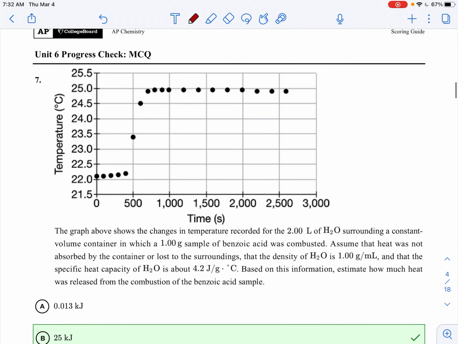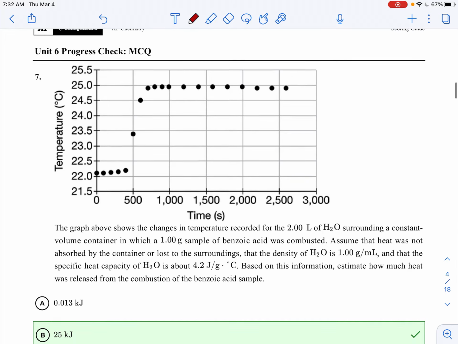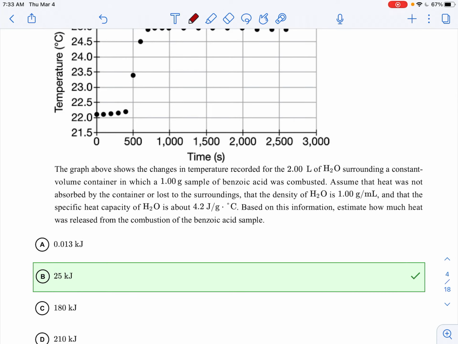All right, number 7 says the graph above shows the changes in temperature recorded for 2 liters of water surrounding a constant volume container, in which a 1 gram sample of benzoic acid is combusted. Assume that the heat was not absorbed by the container or lost by the surroundings. The density of water is 1 gram per milliliter, and the specific heat capacity of water is 4.2 joules per gram degrees Celsius. Based on this information, estimate how much heat was released from the combustion of the benzoic acid sample. Okay, so